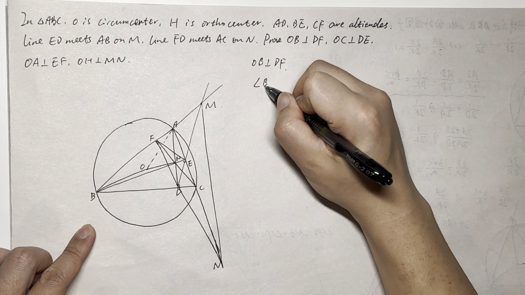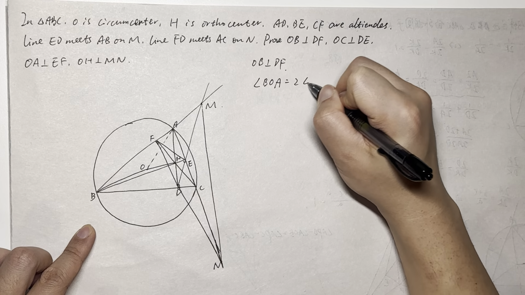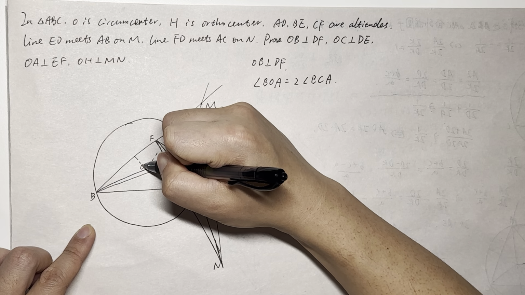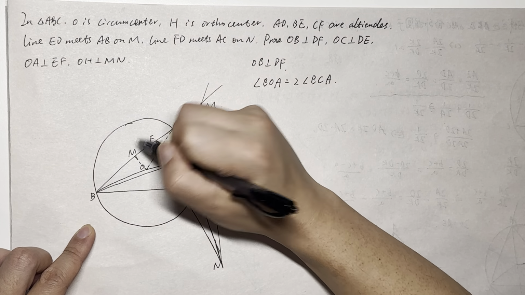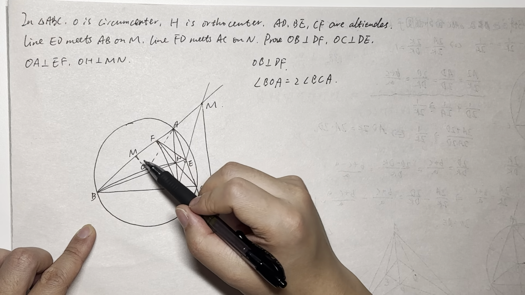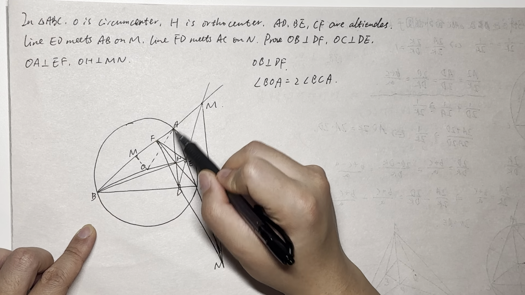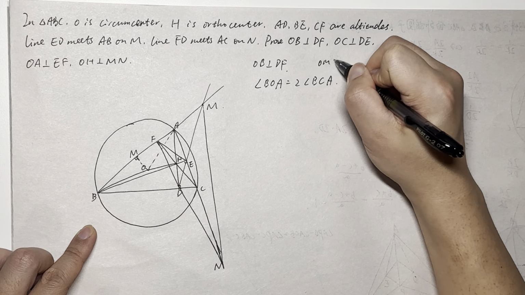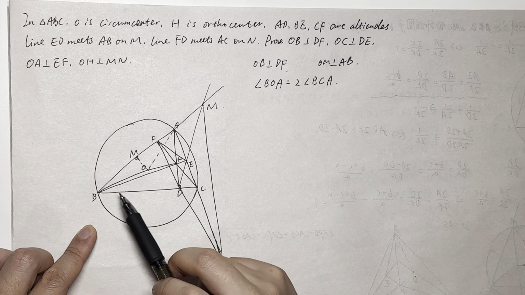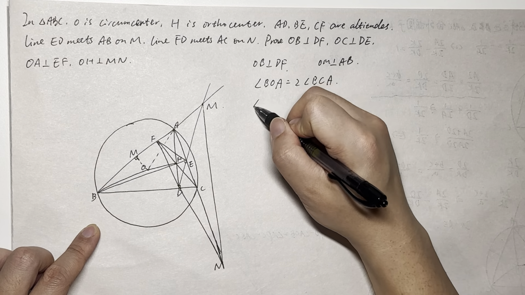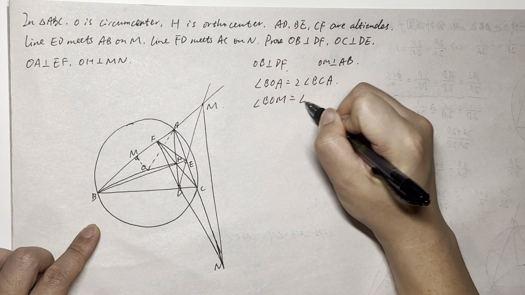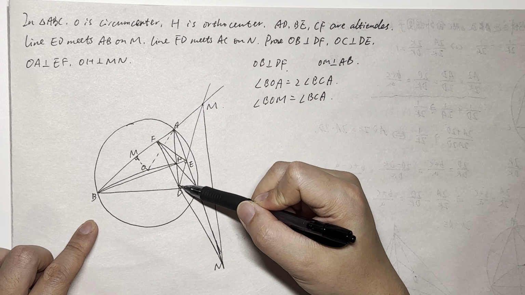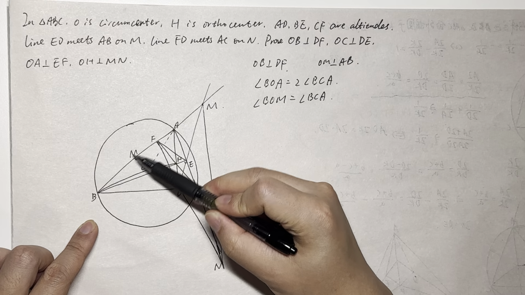So we know that angle BOA equals twice angle BCA. Then we can do OM, find the midpoint of AB. We already know that OB equals OA, so OM is perpendicular to AB. So angle BOM equals angle BCA. And because angle ADC is 90 degrees, and angle OMB is 90 degrees,